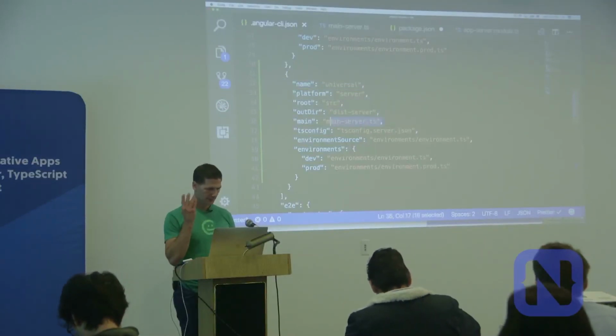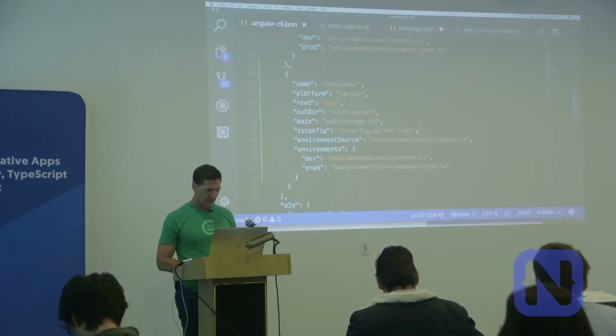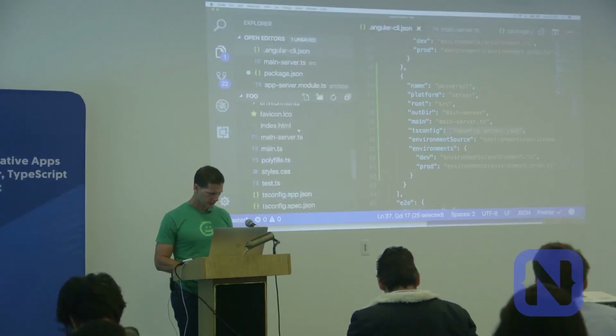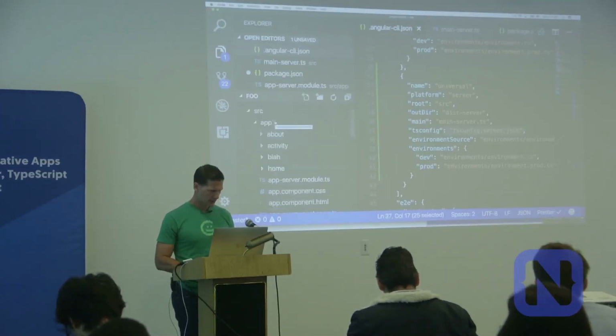Oh, there's a fifth thing, the tsconfig. So we do need a separate tsconfig for this. So let me add that.